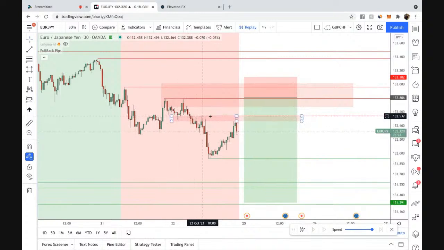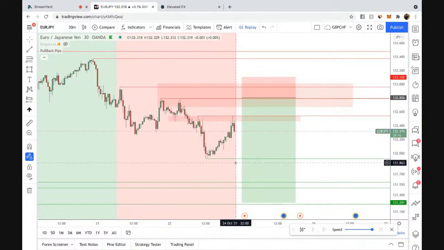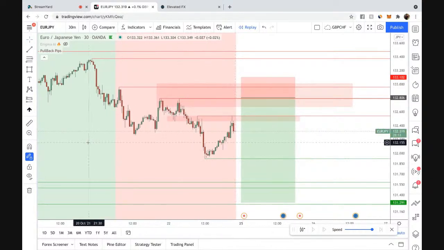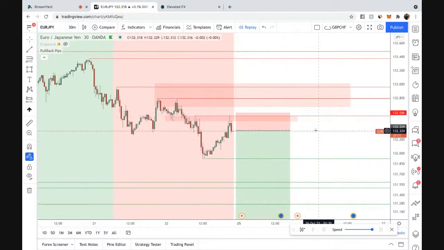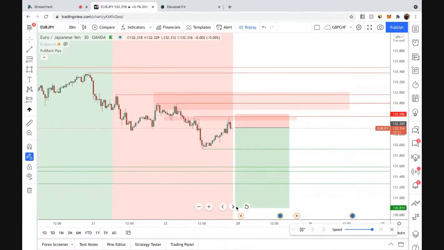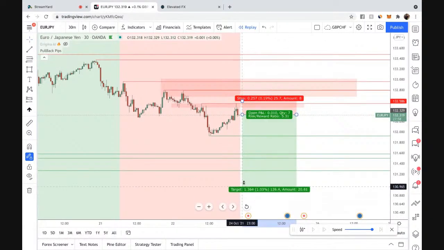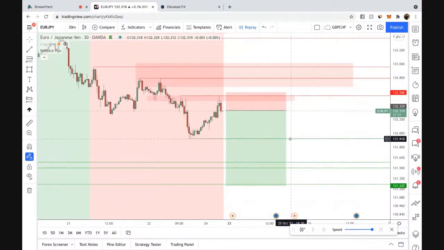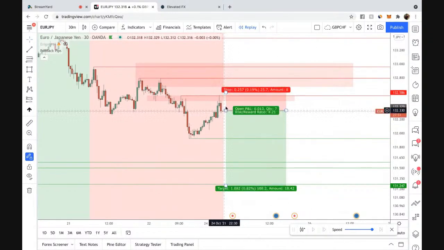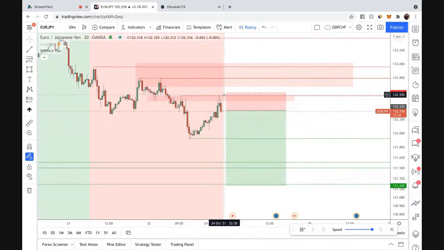Reason being is because right now we do have this spot that just got swiped, right? People might think, oh, it's the sudden move. It could be, but my only question is, does the R to R make sense? Right? If I get in right here, yes, I can play the stop loss slightly above, and yes, we could probably push into that target for a nice 3 to 1, which isn't a bad setup, right? Right here, something like that, it's not a bad setup, but I do want to see it pull back a little bit more.